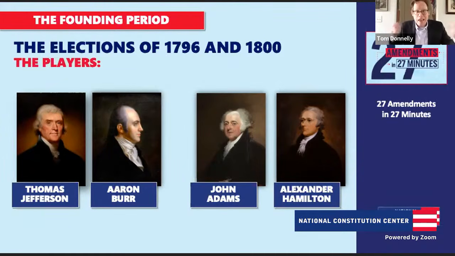And so they have these 2 heated elections. John Adams wins the first one, but Thomas Jefferson finished in second place. So he becomes the vice president of his political rival, John Adams. This would be like Donald Trump being the vice president of Joe Biden, or Hillary Clinton of Donald Trump. You can imagine this may not work as well as you'd want within an administration.